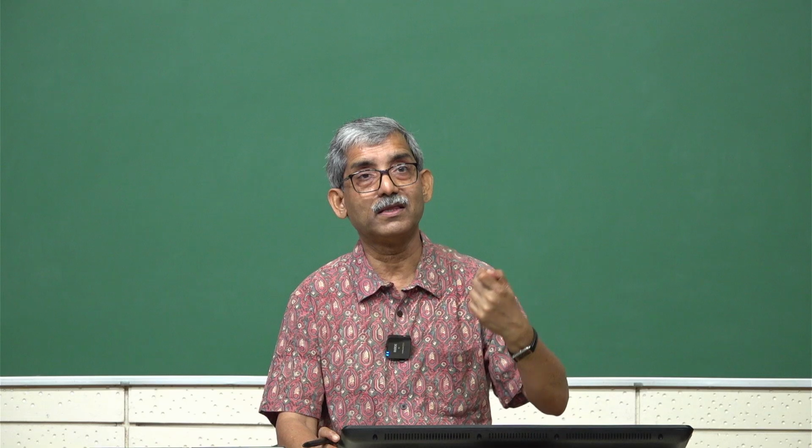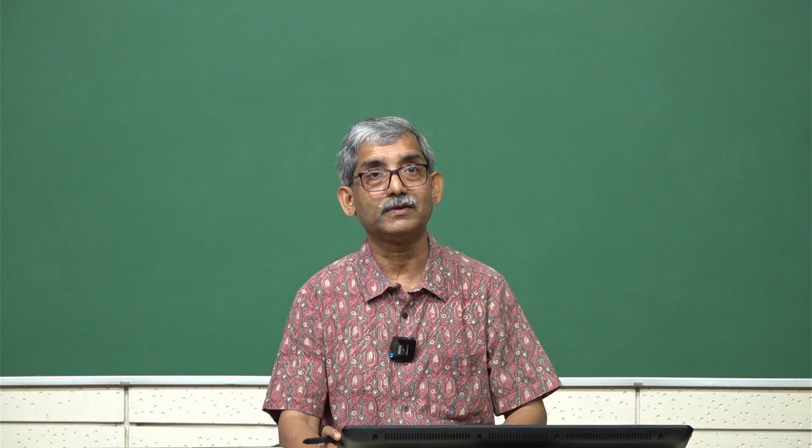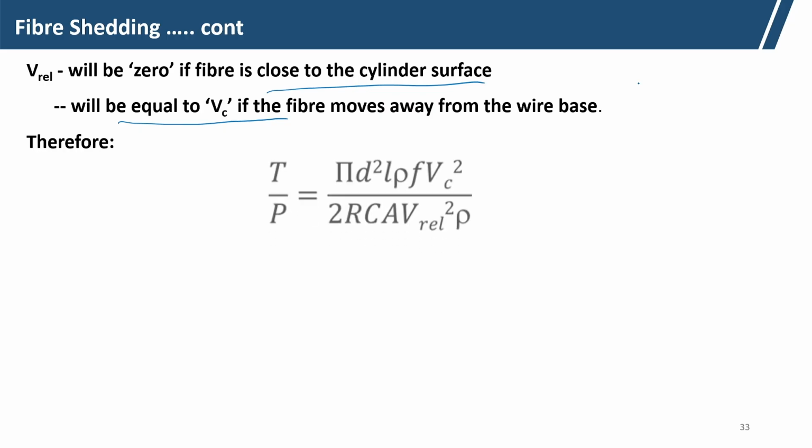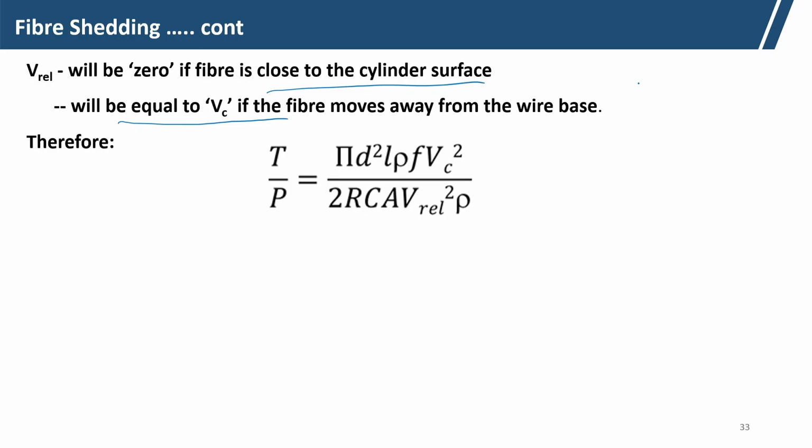So, if we calculate the T by P ratio, the relative velocity is 0 if the fibers are close to the cylinder surface, and it increases as they move further away, until it equals Vc, where the air movement will be 0, as we have discussed. Okay. So, the relative velocity is from the velocity of cylinder and the velocity of air. Therefore, T by P we can get from the earlier derivation. So, this is the T by P,